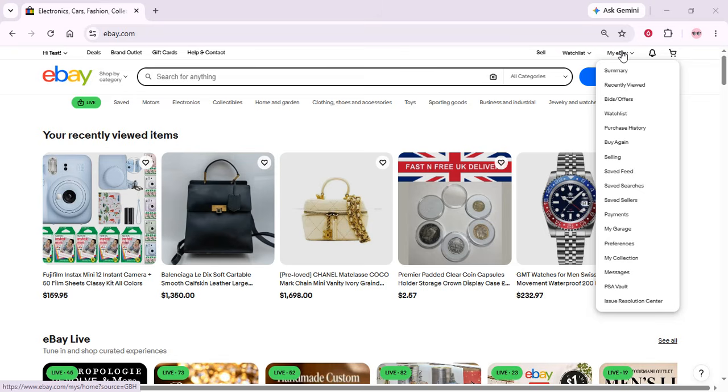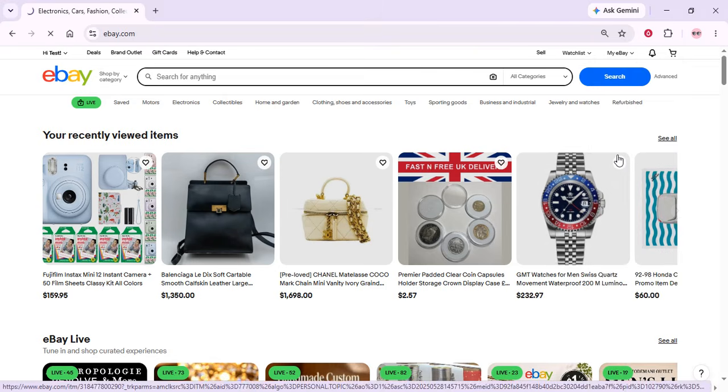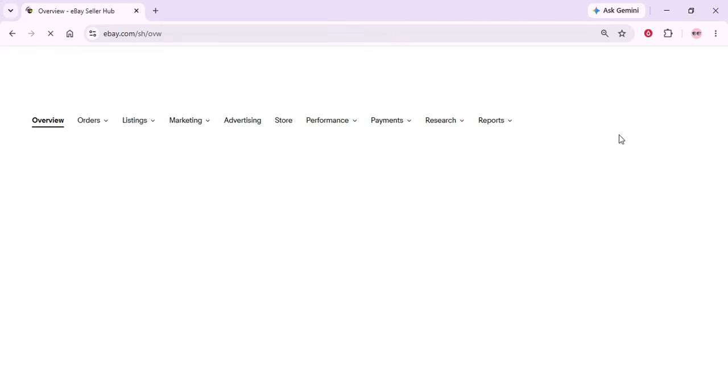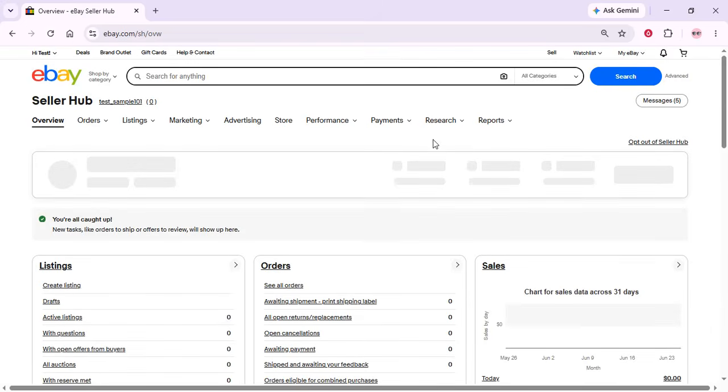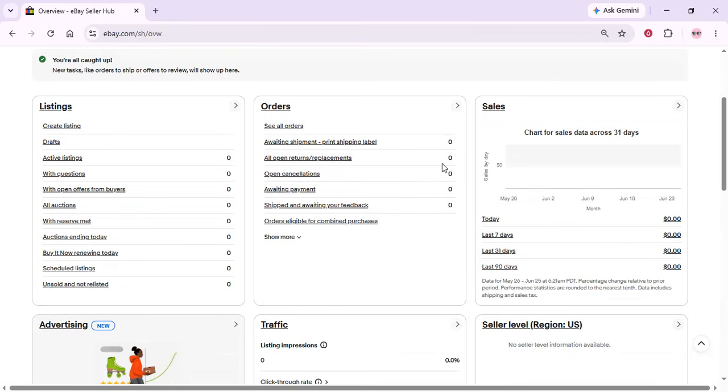This is your central hub on eBay, where you can manage everything from your active listings to your account preferences. Now that you've clicked on My eBay, you'll be directed to a new page. Here, you'll want to find and click on the Selling tab. This section is dedicated to all things related to your selling activities, including your active listings, sold items, and more. It's a good idea to familiarize yourself with this area, as it's where you'll spend a lot of time managing